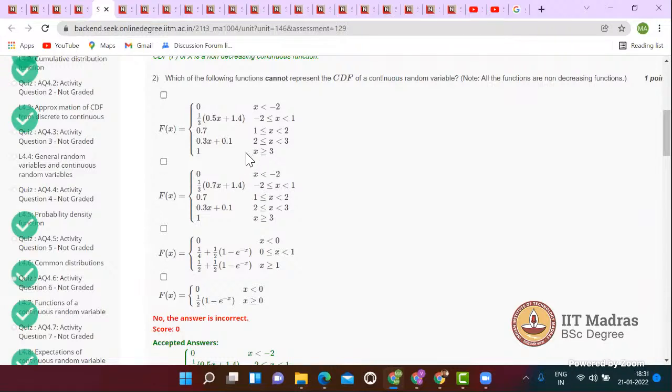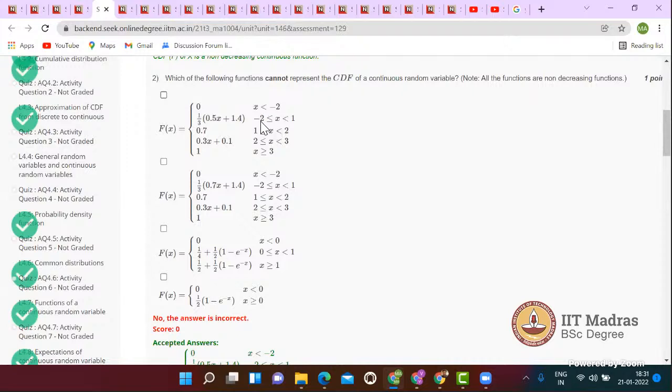What is the standard method to check? Put in values. Normally, with the standard method you have to check whether the function is non-decreasing, and here it has been given as non-decreasing. You just put some values, like just put 1 here. What will the value be? If you put 1 here, 1.4 plus